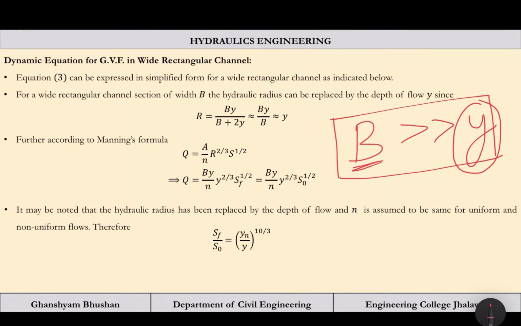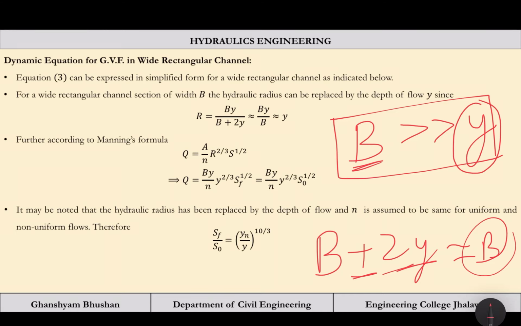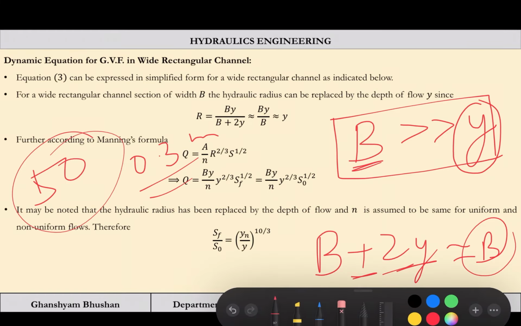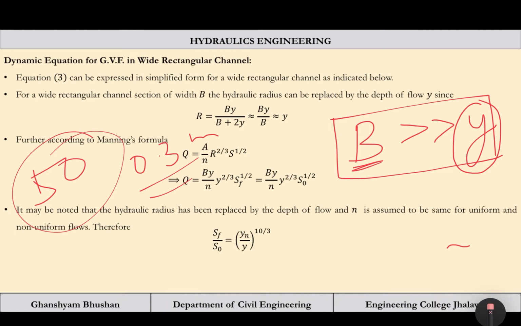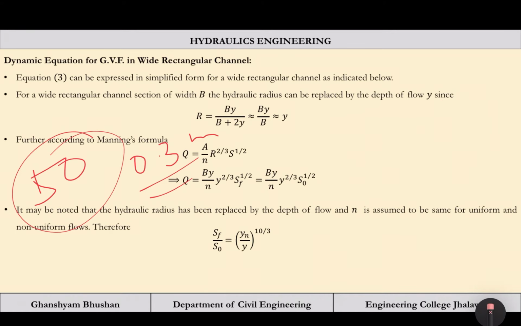So that if some term is there, addition or subtraction, we can easily write it as b. Let us say b is 50 meters and y is 0.3 meters. So we can easily neglect y with respect to b. That is why, just to see the relationship between various slopes, we are using